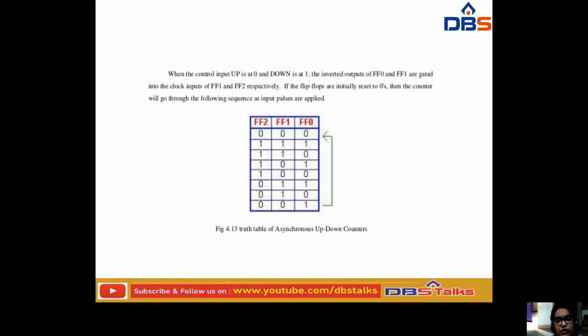So this is flip flop 0, 1 and 2. At flip flop 0 it is 0 0 0 and 1 1 1, and 0 1 1 1 0 1 and 1 0 0, and again for flip flop 2 we have the values 0 1 1, 0 1 0 and 0 0 1. So up to here we have discussed this topic, and in the next class we will continue this topic.